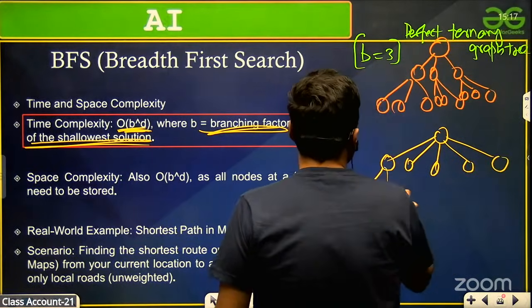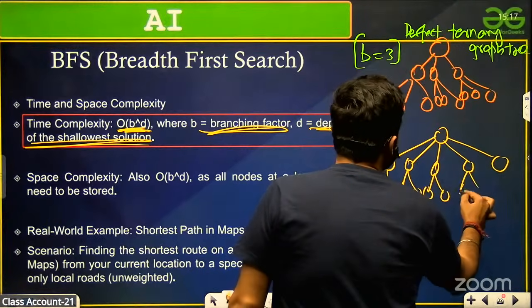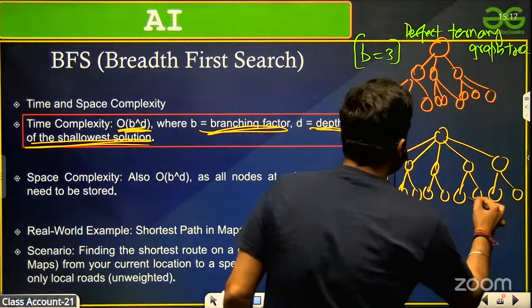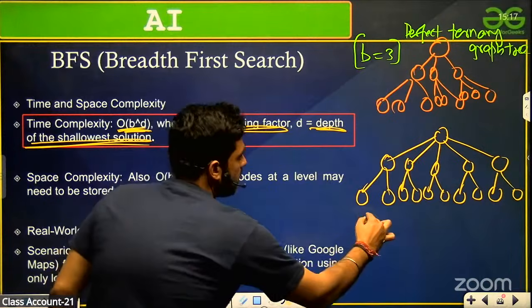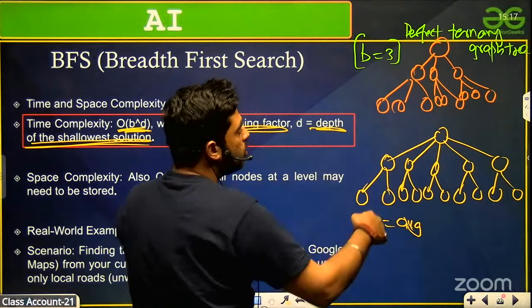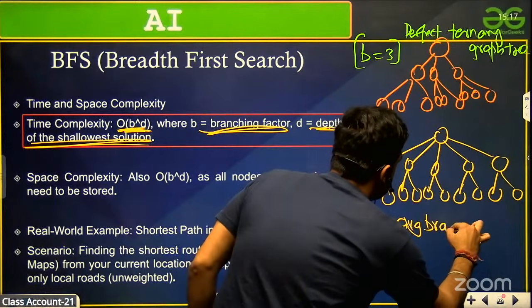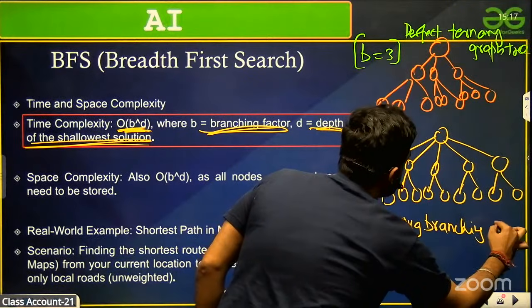total of 5 nodes, and from the other I have only two nodes. So here the average branching factor would be taken. Okay, here branching factor would be what? Average we would be doing of all the nodes divided by the level. Okay, so here b would be what? B would be average branching factor.